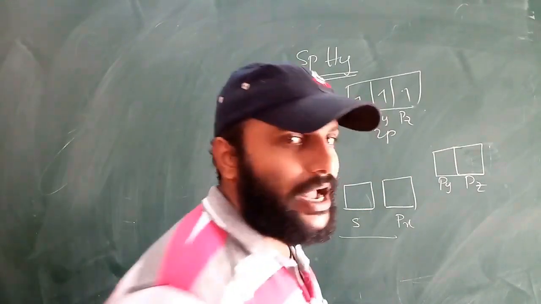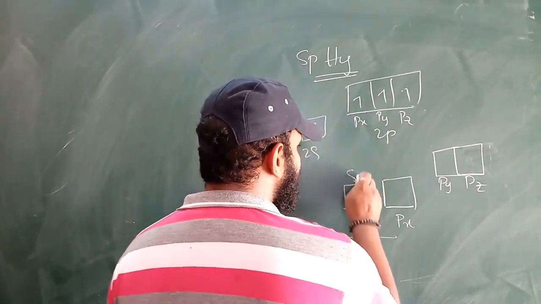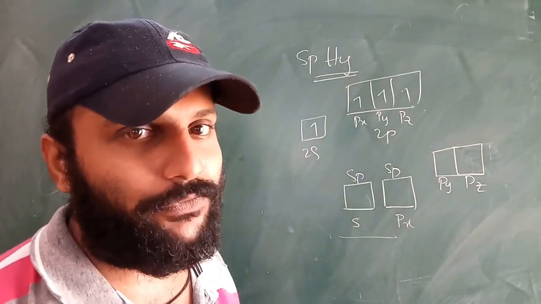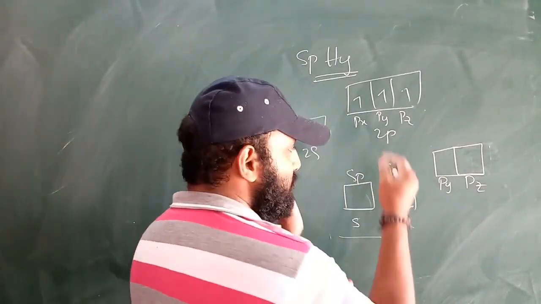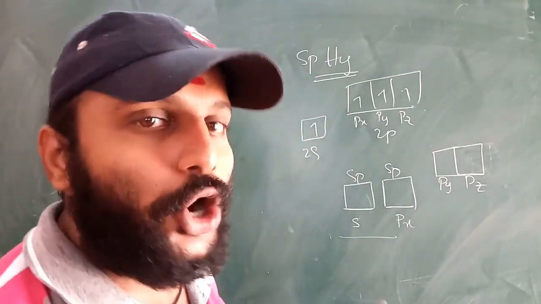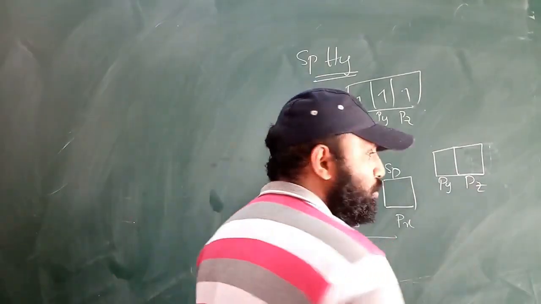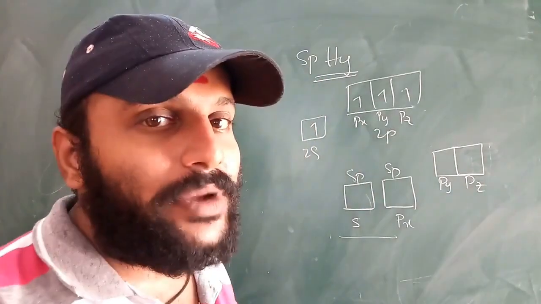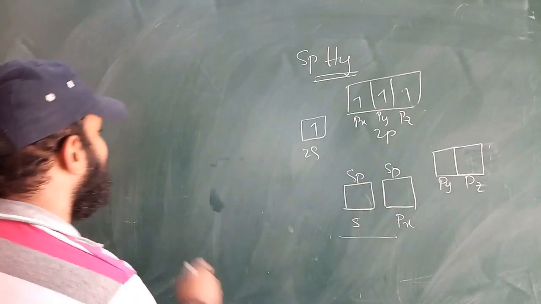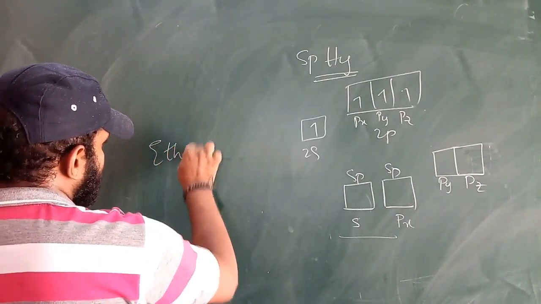Here, what is the hybridized orbital present? It is sp hybridized orbitals, sp hybridized, because one s orbital and one p orbital will go for hybridization. Now, since it contains 2 hybridized orbitals, how many sigma bonds can it make? 2 sigma bonds. Since it contains 2 unhybridized orbitals, how many pi bonds can it make? 2 pi bonds. What example can you take here? You can take ethyne.